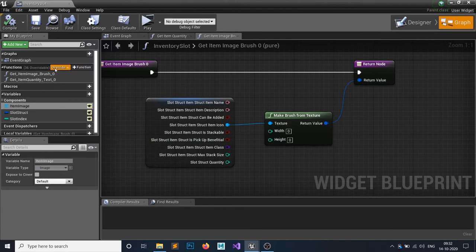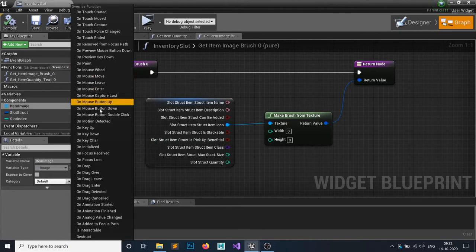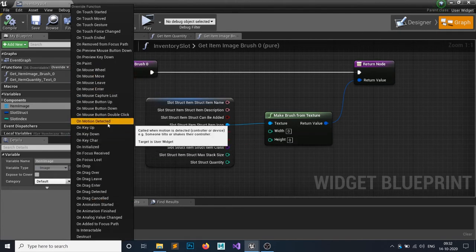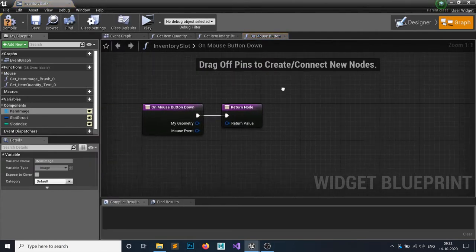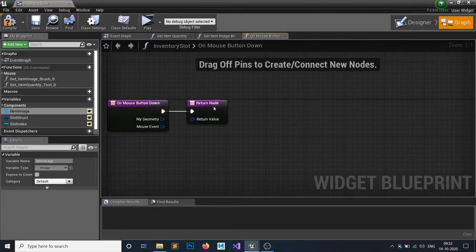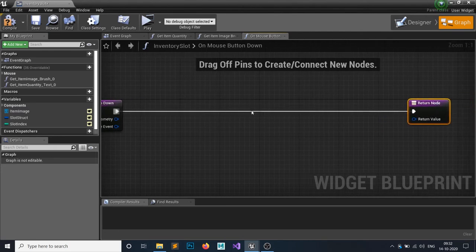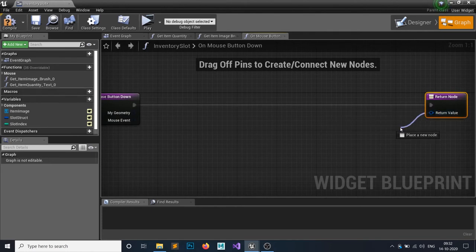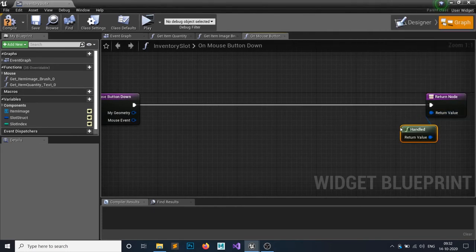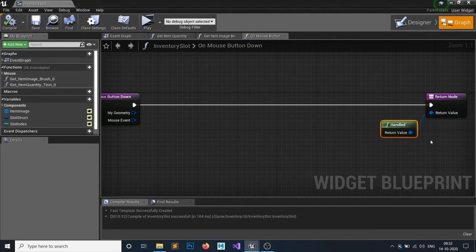If you get on this override, you can see this on mouse button down. Yep, this one. So we want to override this function, the on mouse button down. Make some room here. And whenever you override any key events, make sure on the return value you do the handle part, so it won't iterate further. Otherwise you might face issues of FPS drop.